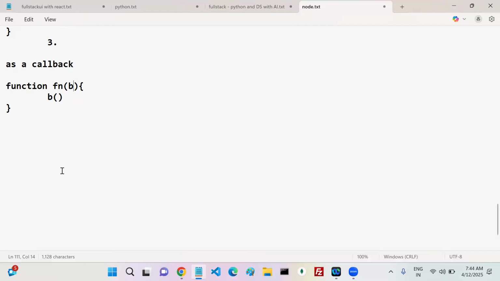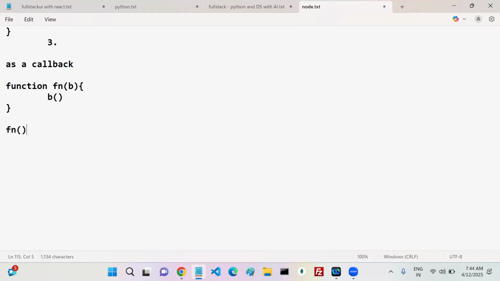Did I mention anywhere that it should be a named function or an anonymous function? Did I mention any specific function? No, right? I didn't mention any specific function. The argument type is function, which can be a named function or an anonymous function. This time I want to use an anonymous function. What's wrong with that? Now, this is my fn. What is the error you will get?